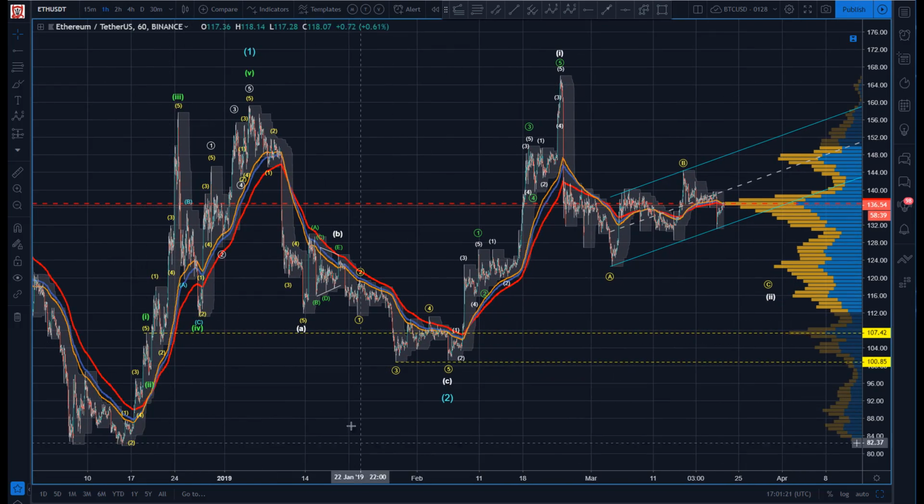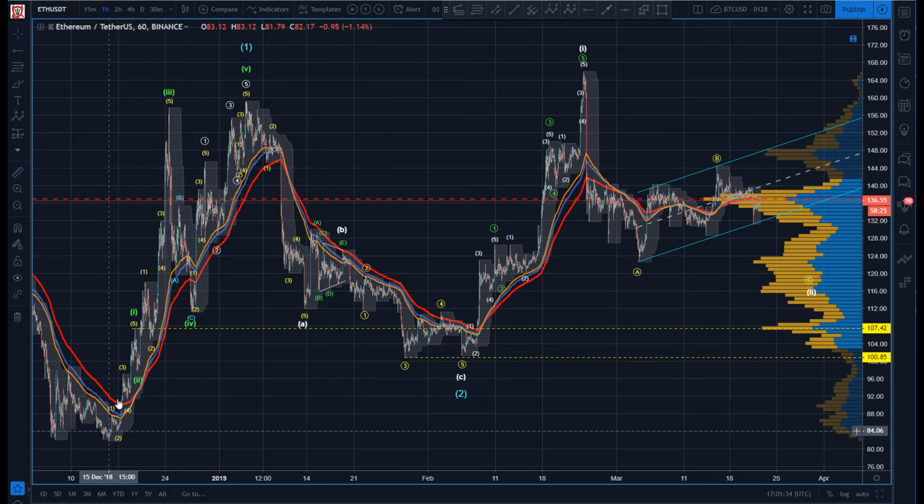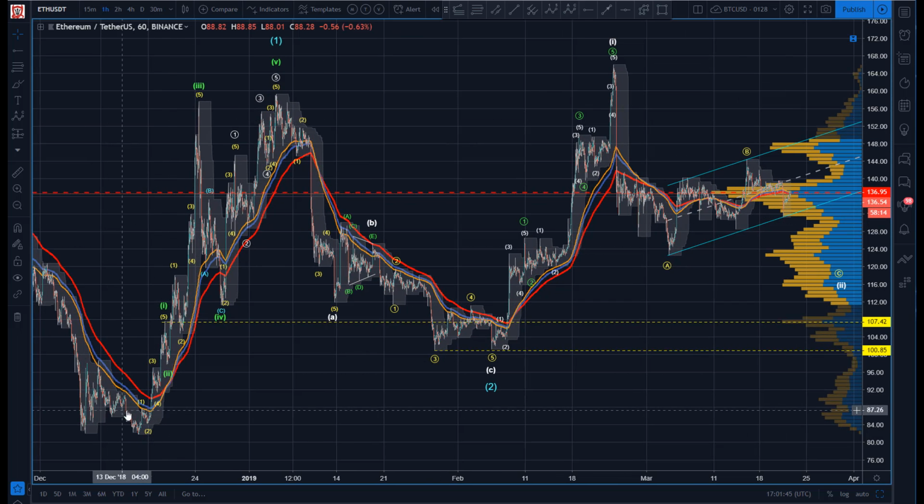Now, as I said, you look here and you go, well, the problem is it looks like you get impulse, correction, impulse. So you can definitely get a count here that plays. I can get a 1, 2, 3, very deep 4, of course, but we hold the 1. So I can get a completed impulse here. Again, I know it's open to interpretation. I've had counts I've considered. I have an alternate that has this going into an ABC here. There's just a lot of different ways to count this. But this count,